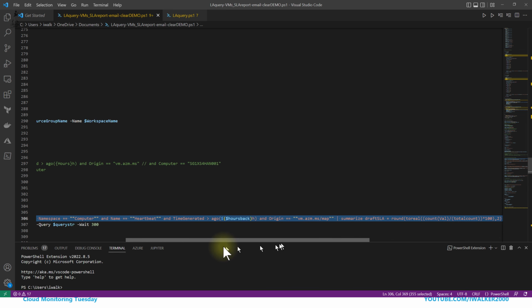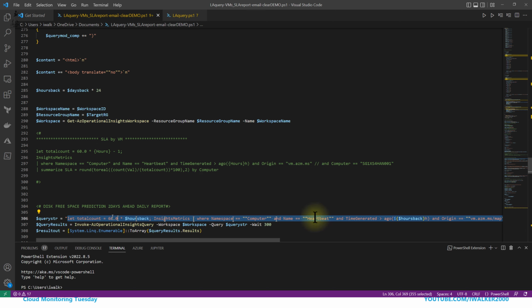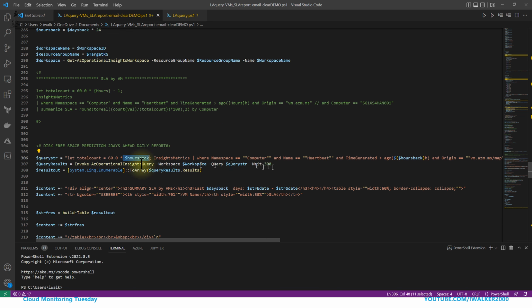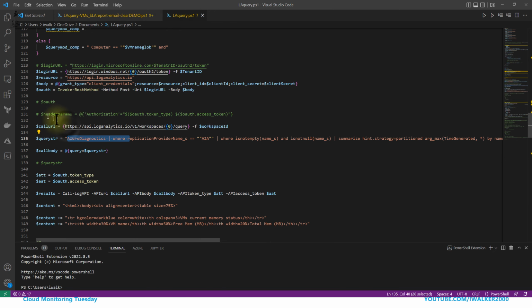After that, when we have a ready-to-use query, we can easily put it into our string and add some elements to convert the string from the tool to a PowerShell string, or put in some additional parameters like this one, right? Plus, we execute exactly the query, either doing the invoke AZ operational inside query, or doing exactly the REST API call